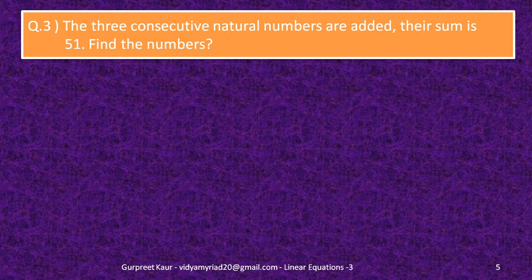Now suppose I tell you my numbers are 5, 6, 7. Now if I want to form a relation between them, my original number is 5. To make 6, I need to do plus 1. So 5 plus 1 becomes 6. To make 7, I need to add 2. 5 plus 2 is equal to 7. So what am I doing? I am keeping 5 as my original number and I am adding 1, 2, 3, 4, the number of consecutive numbers which I want. So I will try to form this answer.